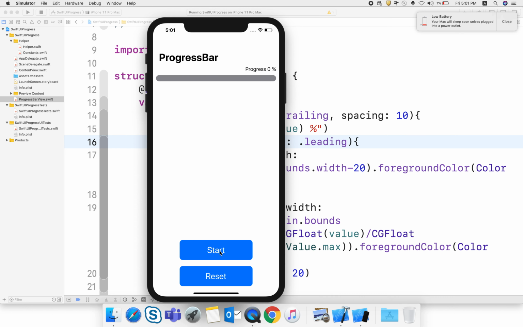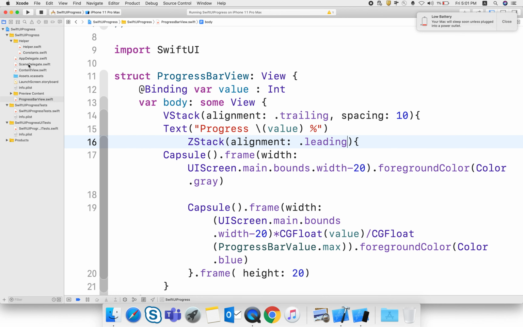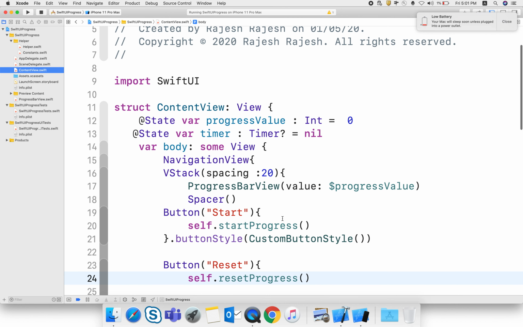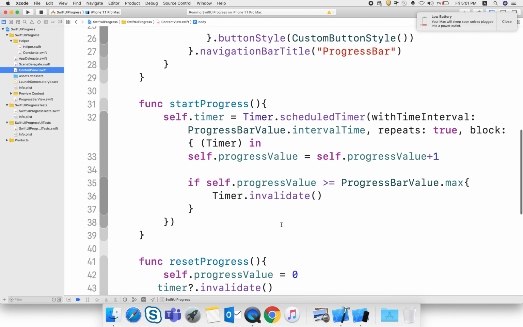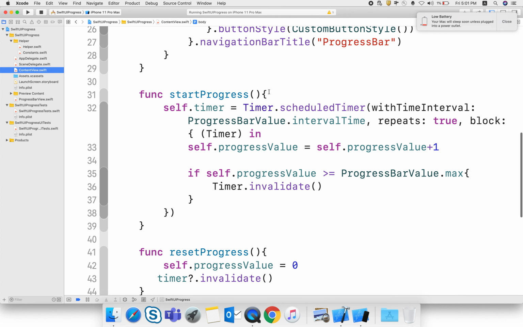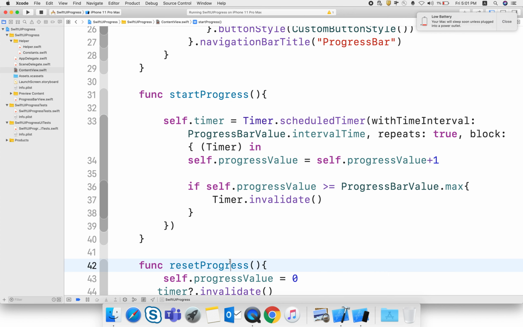But here is some problem. When I click on start and in the middle I click on start again and again, you can see that there is something wrong. The progress text is quite outside of the window. That's because I call the timer again and again, so before starting I just need to reset the progress.